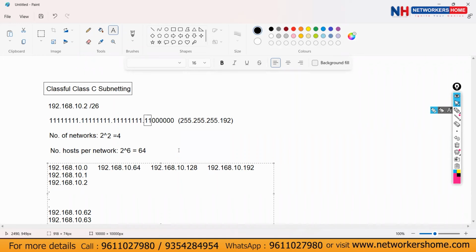Okay. Similarly, let's go here. 192.168. Under this network IP, which is the first valid IP? 65. Good. Here, what will the last valid IP be? 126. Okay. Broadcast IP? Good.